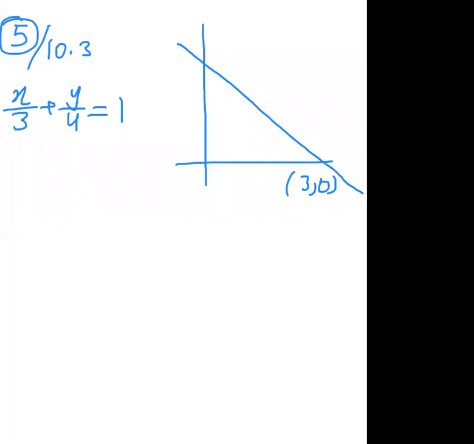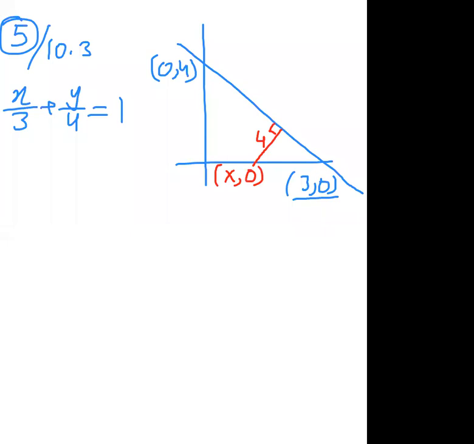This indicates the line is given in the intercept form, and in intercept form, on the x-axis its intercept will be 3, and on the y-axis its intercept will be 4. Now we need to calculate a point which is at a distance of 4 units from the line. We are supposing this is the point, so its coordinates will be x, 0.